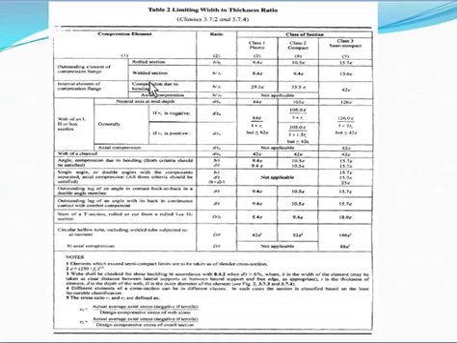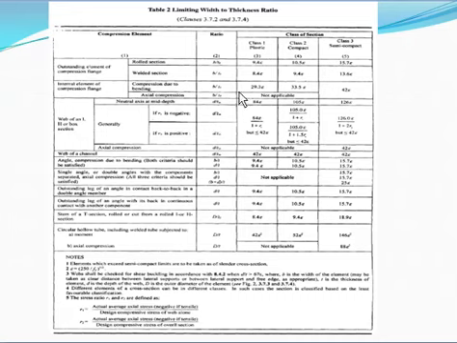Now see the next column, that is the ratio. What we have to find is b upon tf. In case of the web portion we have to find d upon tw. See below that, fifth line, you can see the fifth, sixth, seventh. Below that there is a d upon tw ratio. Means in case of the internal element we have to find the d upon tw ratio. Get the idea? Here you can see these portions. In your IS code you have to see, because it is not clear here. Okay, see in your IS codes.